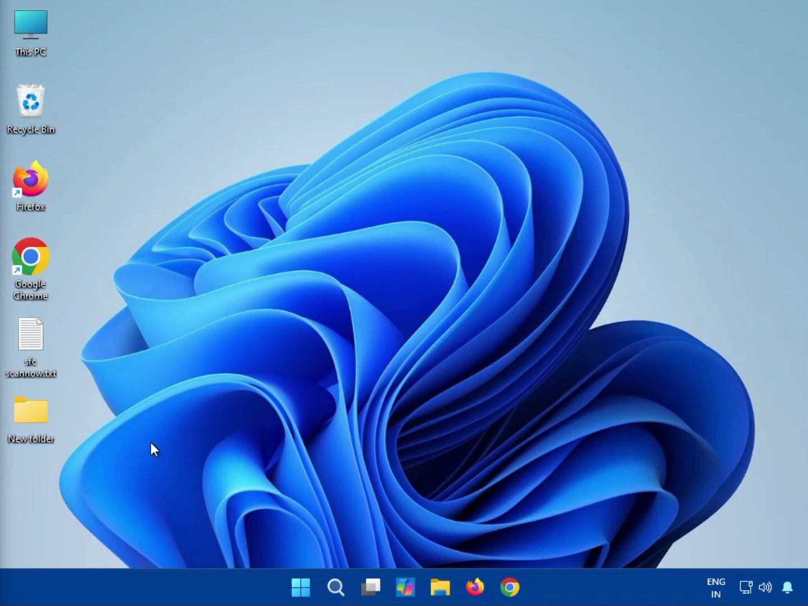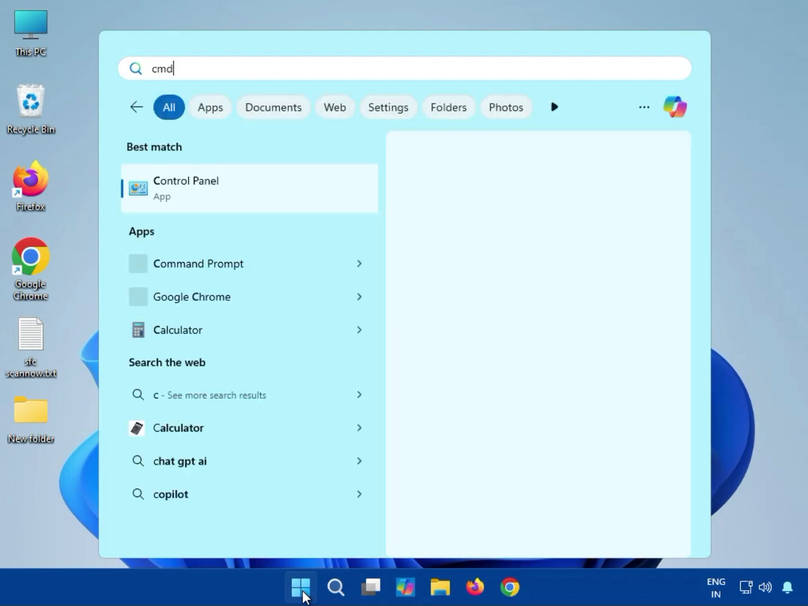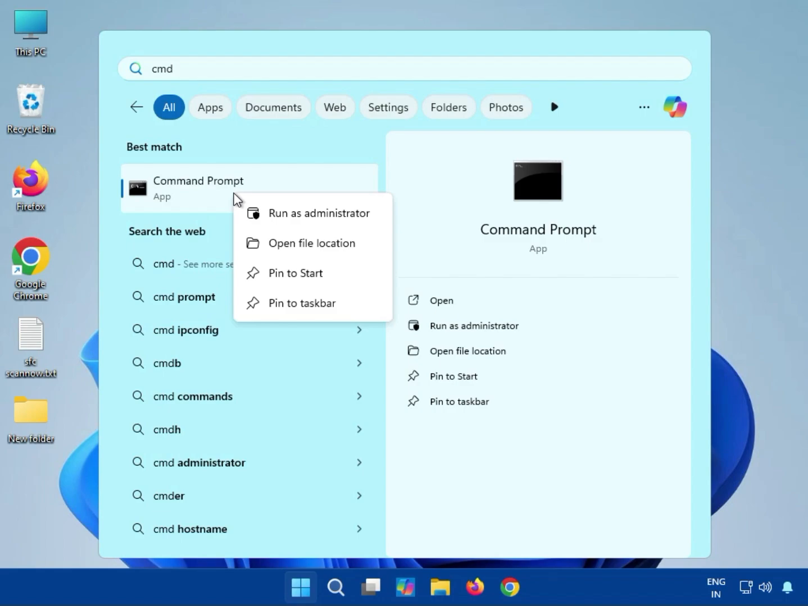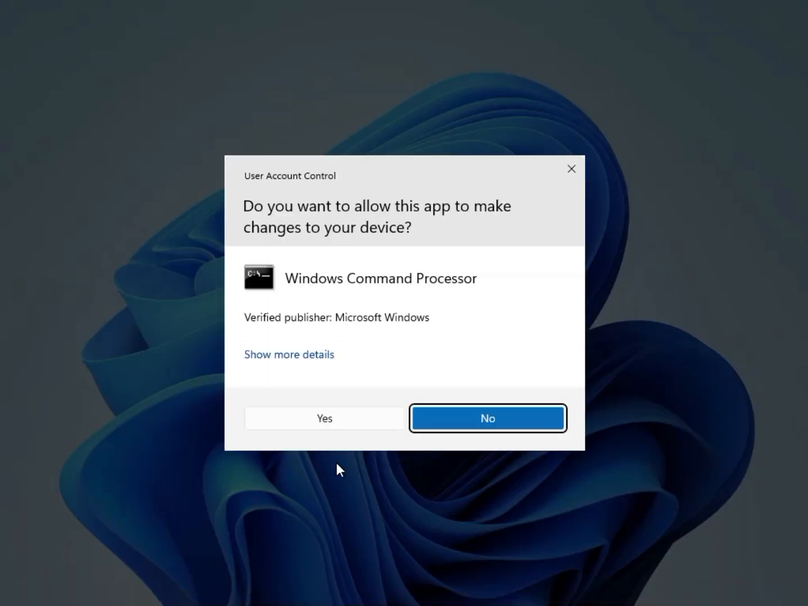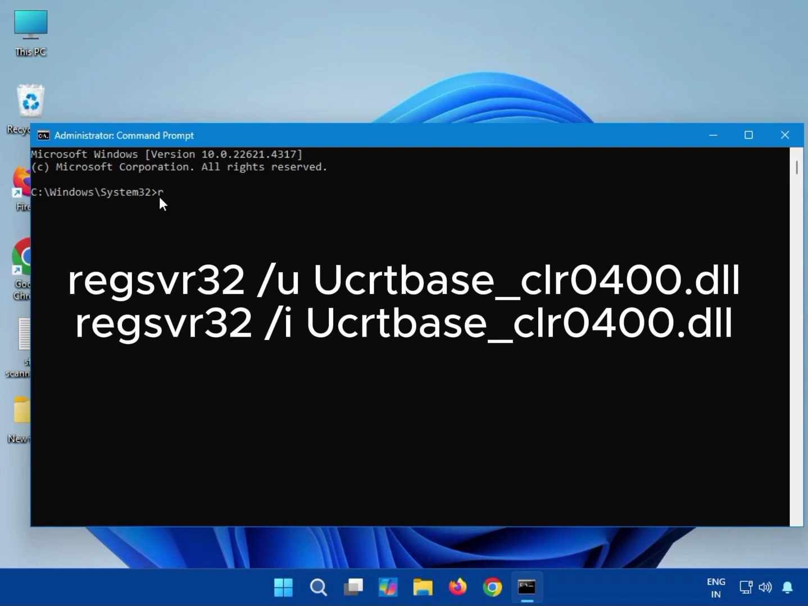So guys, first method, click Start, type cmd, then right click and run as administrator, then click Yes. REGSVR32 space slash U space capital U C R T